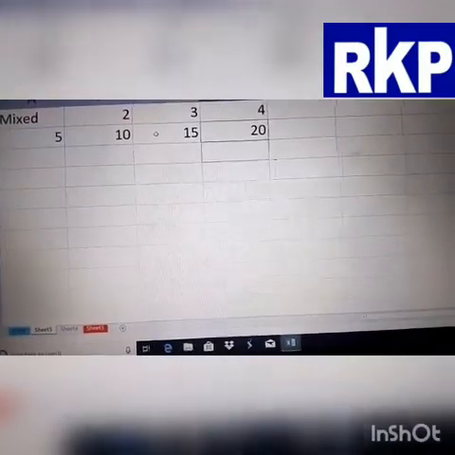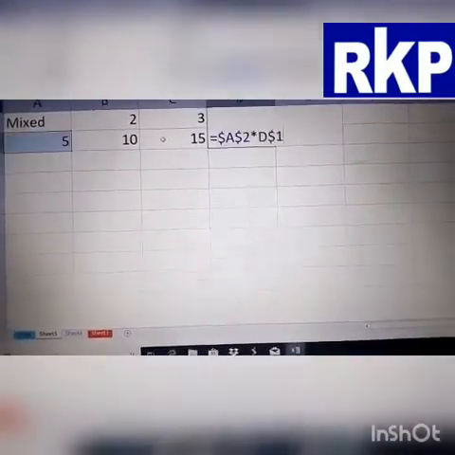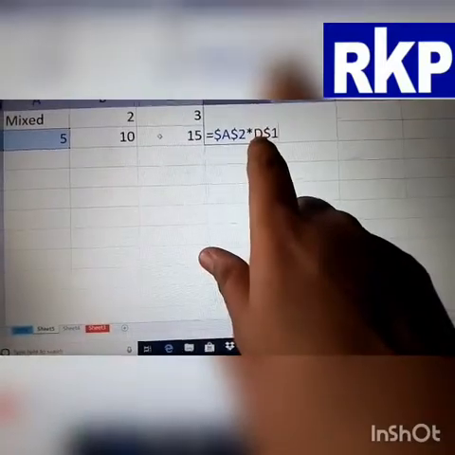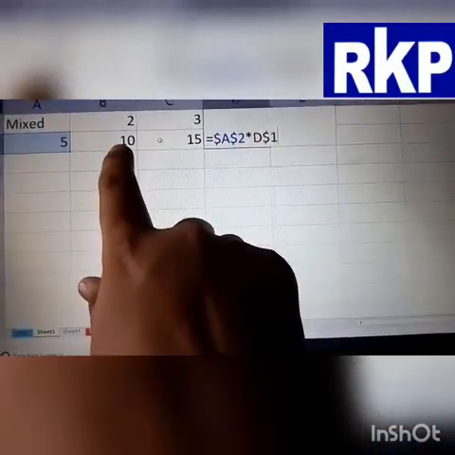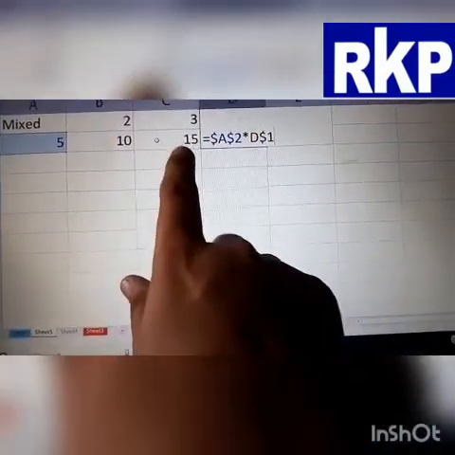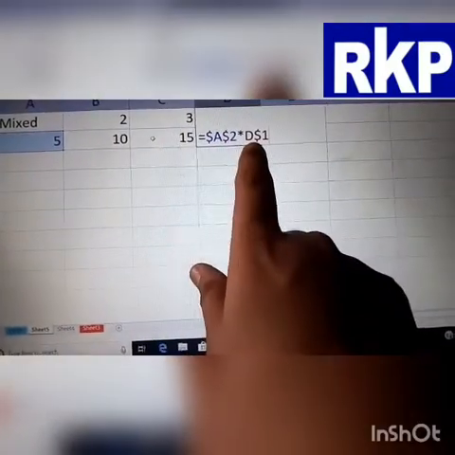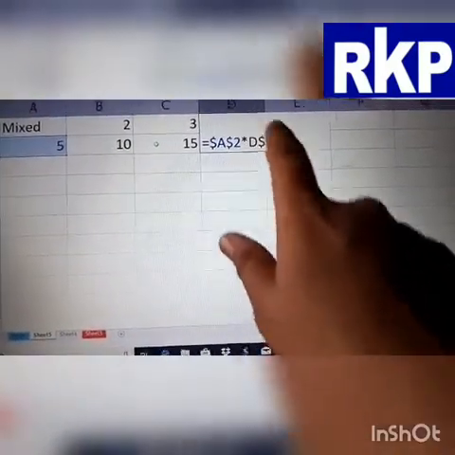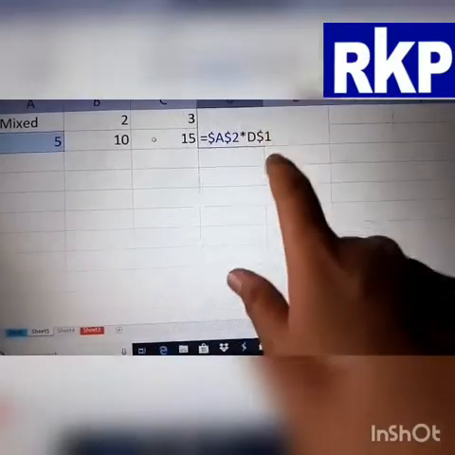Now come to the next. Once again you will see this is fixed. D is coming here because B was relative, so B changes to C, C replaces D, but row 1 we have fixed. That's why it is fixed.